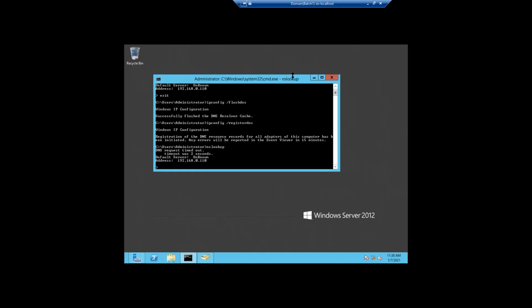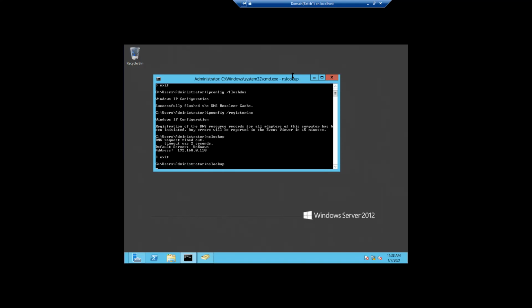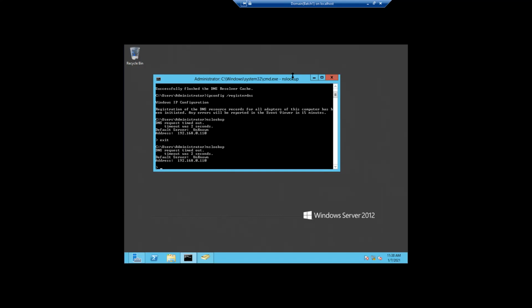Still my record is not getting resolved. So what would be the issue? Now I corrected the IP address, everything I corrected, still not resolving. So this is a DNS service. We will see by opening the DNS console. Maybe there is some issue, whether the service started or not. We've done the IP details, everything, right? So now we have to check the part where our service is running.